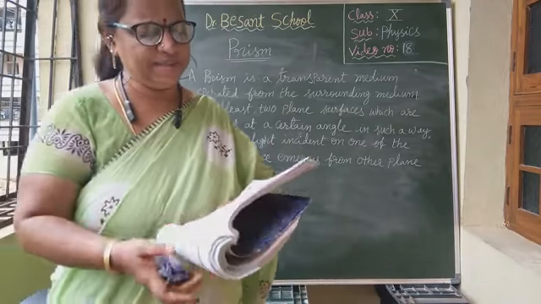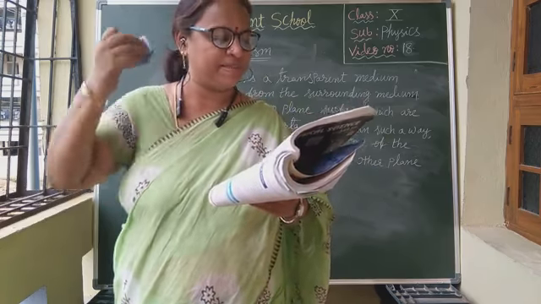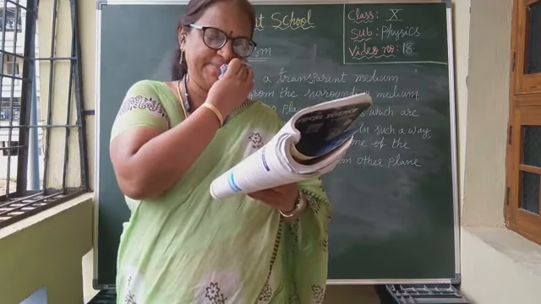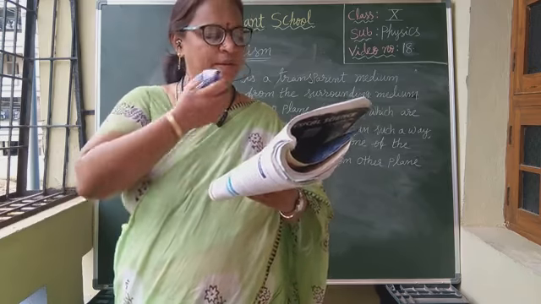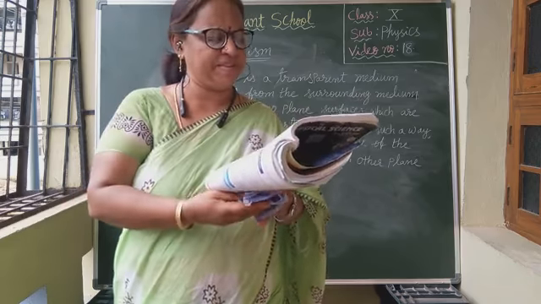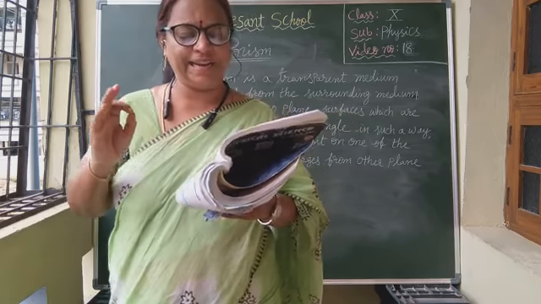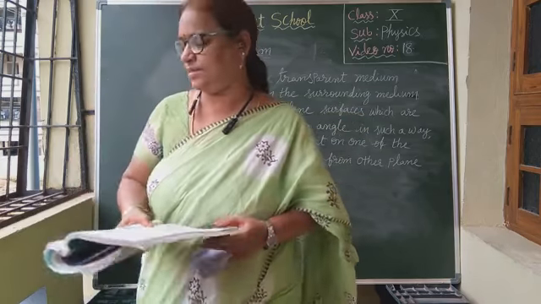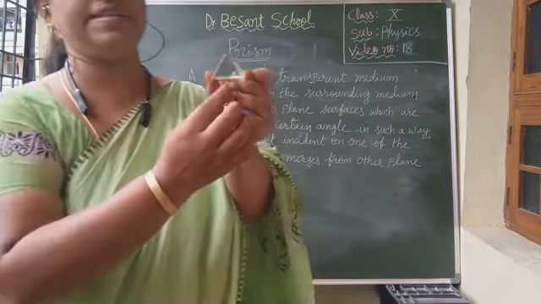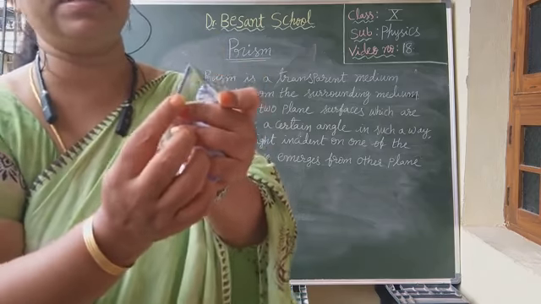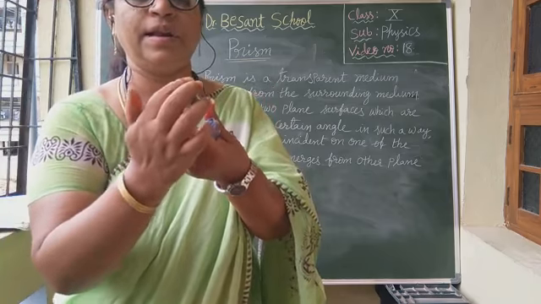To understand the behavior of light when it is incident on the plane of a prism and passes into the prism, we need to define certain terms associated with prisms. Consider a triangular glass prism. It contains two triangular bases and three rectangular plane lateral surfaces. So this triangular prism will have two triangular surfaces. See, is it a triangle or not? Here it is a triangle, children, and on this side also a triangle.